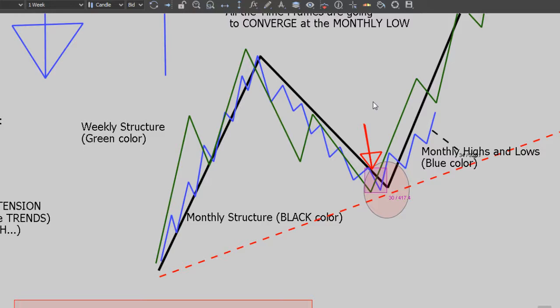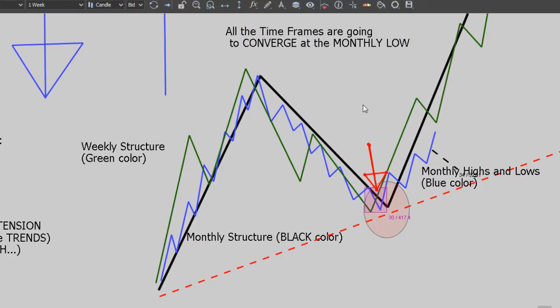And you're going, well, I was in a downtrend from the weekly, right? The weekly structure, the green one, the weekly structure is down. I was in a downtrend, and also the market was making lower lows, lower highs. Okay, so why did you lose this trade? Why did you sell? Why did you go short in here? And the market stopped you out. What is going to be your answer, everybody? Well, because the monthly found the low, in this case the higher low, right?